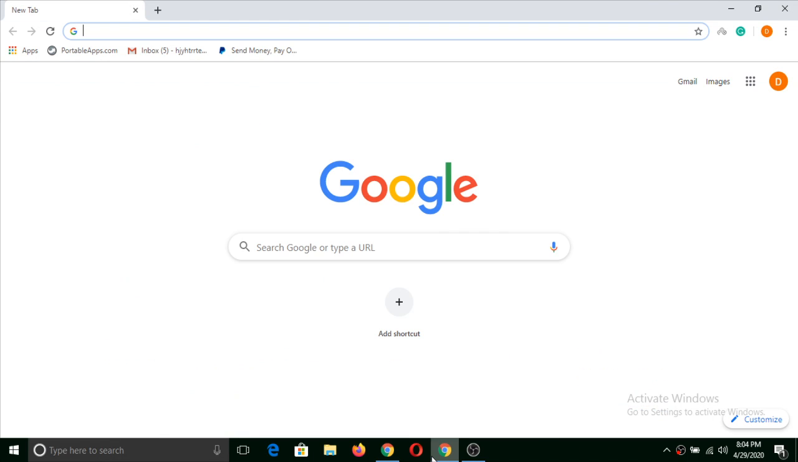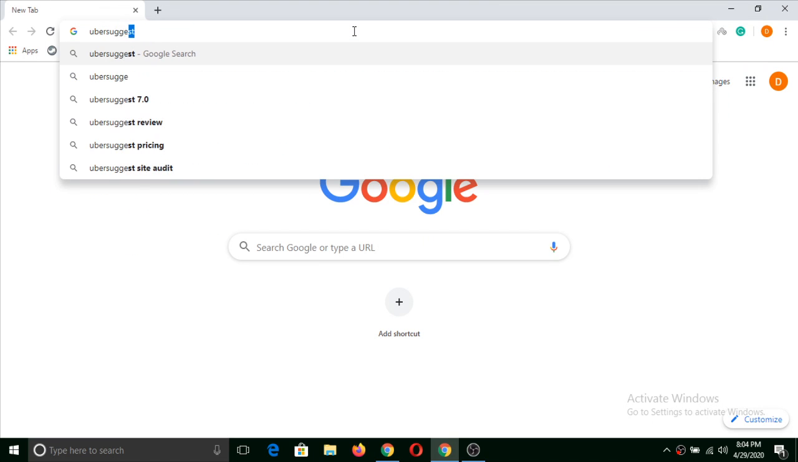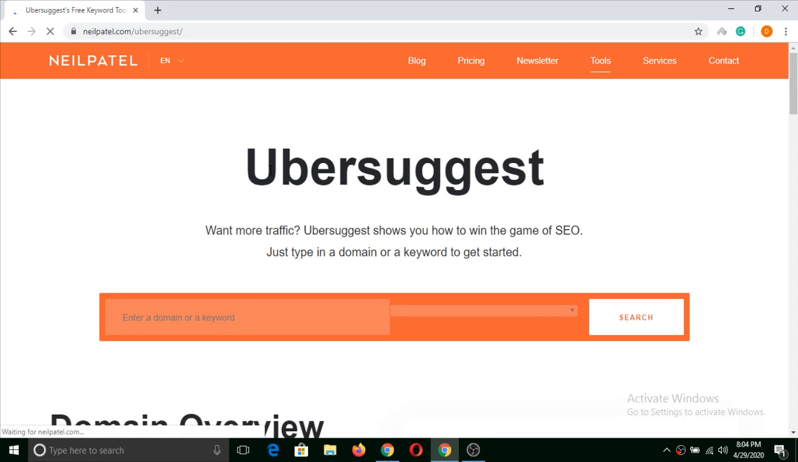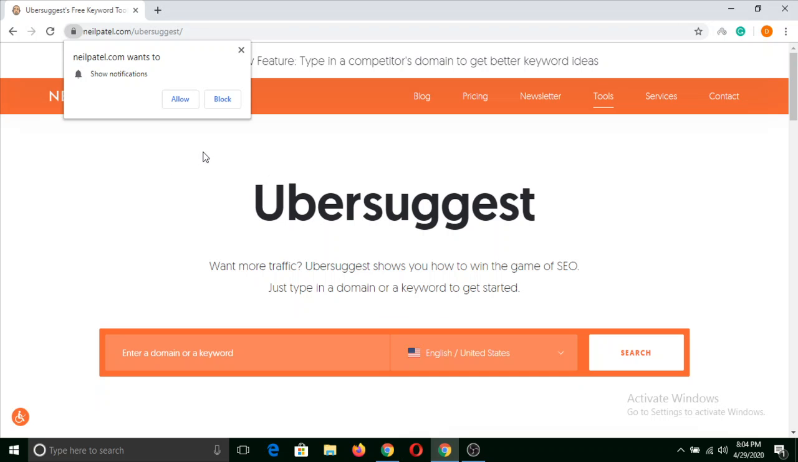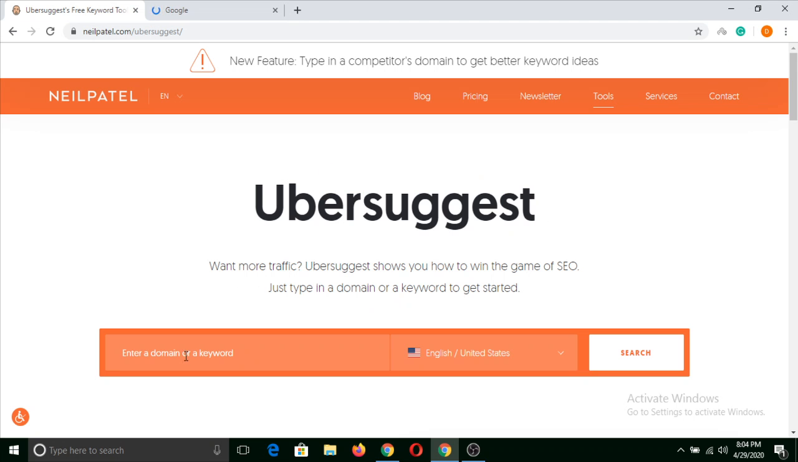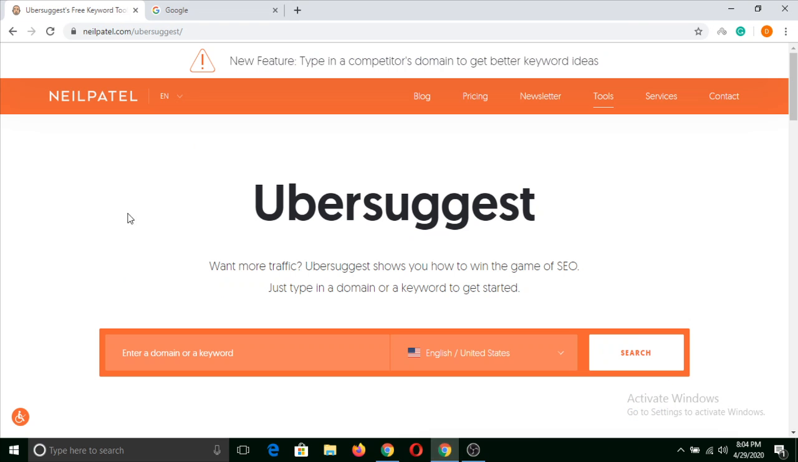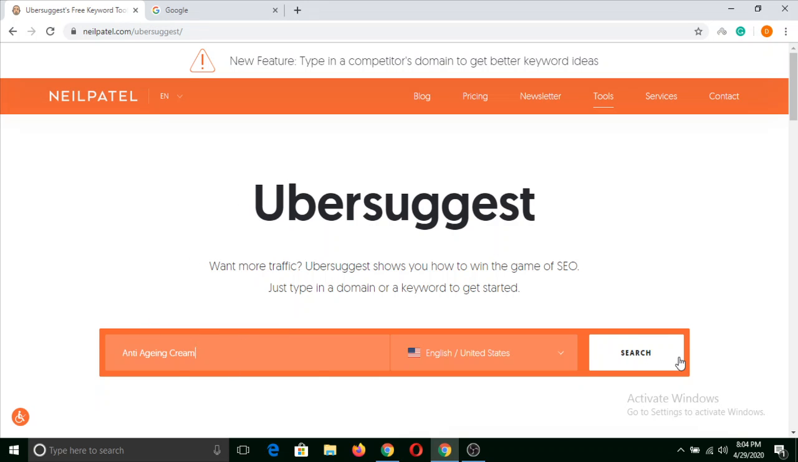So basically what you need to do is you go to Uber Suggest. This is a tool that you can use to research keywords for free. However, you can buy various paid keyword research tools. That's up to you, but I'll show you through this. Now another thing you need to do is open google.com, and then let's say my product is anti-aging cream, and if I put it here and click on search,